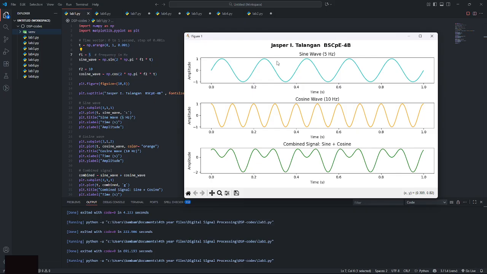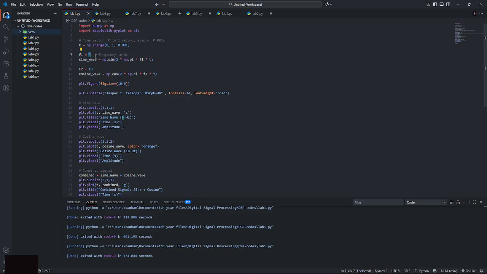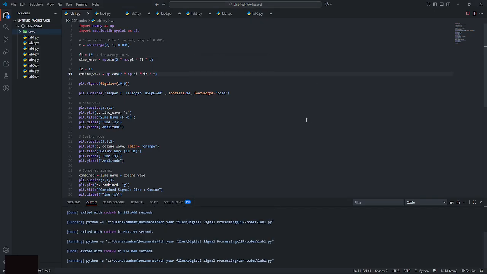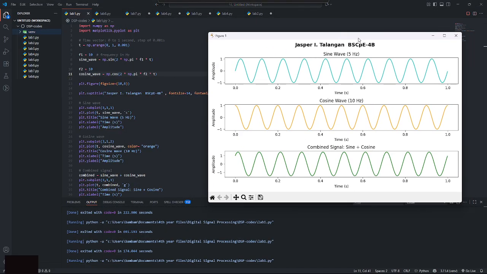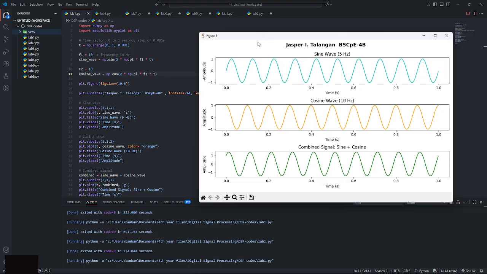We can also change this value to 10, save, and run the code. You can see that from 5 hertz, it is now 10 hertz. Now it completes 10 full cycles per second, just like the cosine wave.